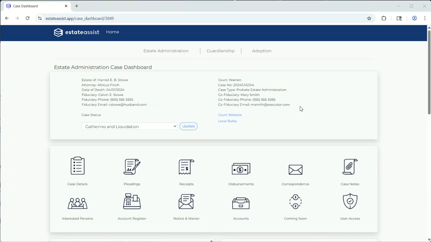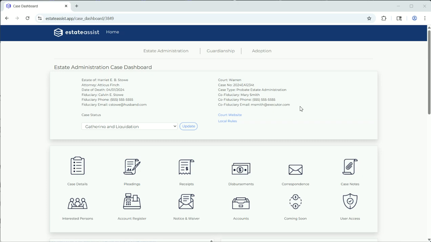One of the keys to taking advantage of the automations that EstateAssist offers is to keep your receipts or assets updated with regard to their disposition. And this makes a difference for your ability to have automated forms for transfers like 9Cs and 12s, to have automated accountings, whether they're partial or final and distributive or whatever type of accounting you're doing, and to have your account registers updated so you always know how much money you have in each of the financial accounts in an